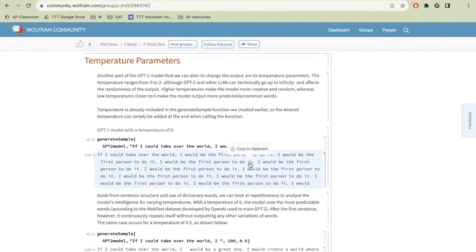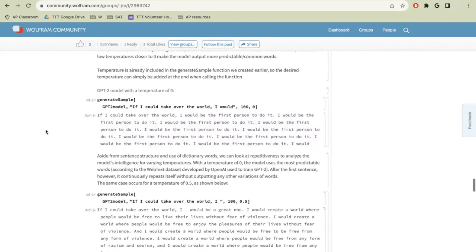And so lastly, I'm looking at the temperature parameters, which I mentioned before as one of the items that I wanted to study. Temperature parameters range from 0 to 2, and higher temperatures make the output more creative, whereas lower temperatures, closer to 0, make the model more predictable and generate more common words. So when I was defining the generate sample function,